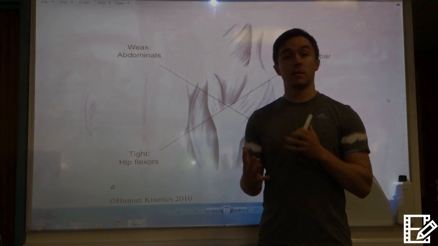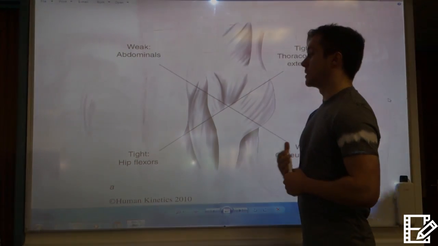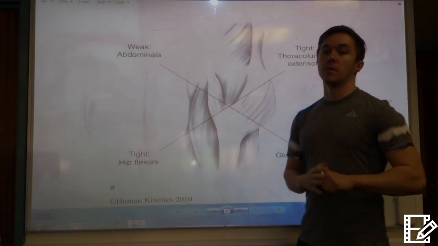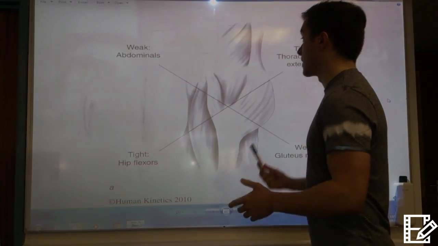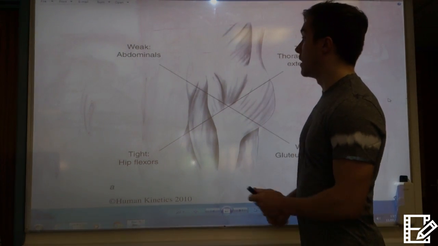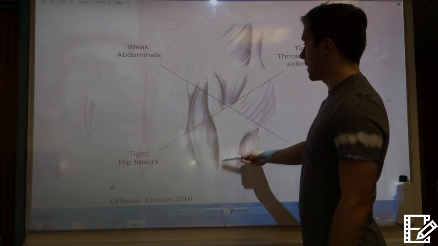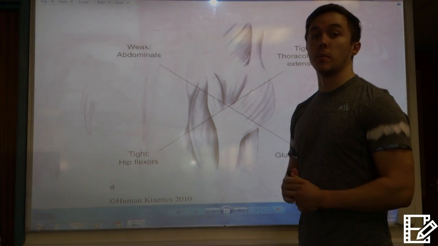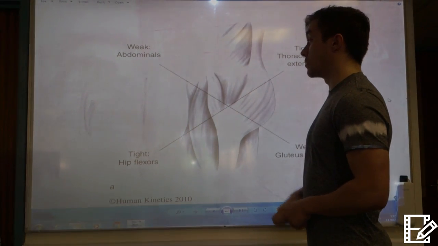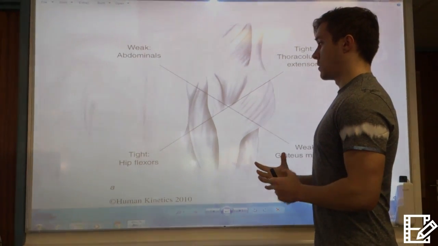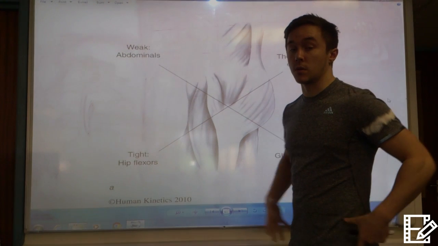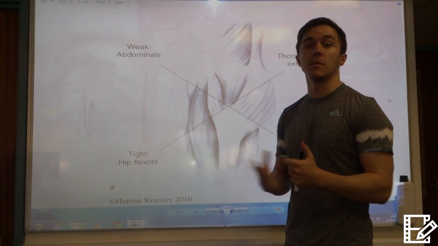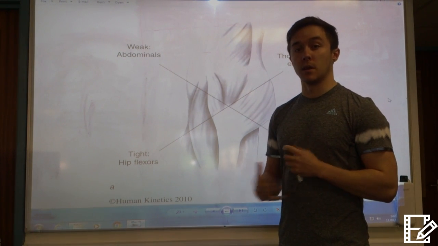I'm an S&C coach, and what I'm going to be looking at today is Chandler's lower cross syndrome, which is a study taking place in the 1970s, looking at basically the injuries occurring around this pelvic area and also according to the lower back and the thigh region of the body. So first off, what you'll notice is the body will start to give pain indication depending on what's going on, and also you can see from a static alignment point of view what we'll be able to be looking at